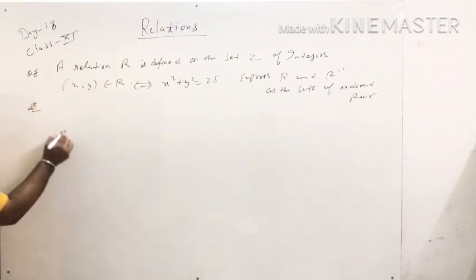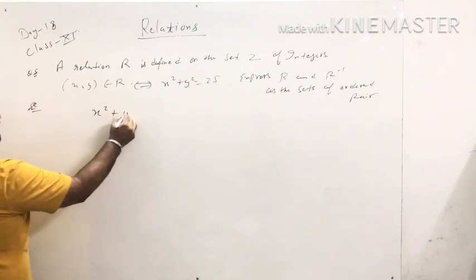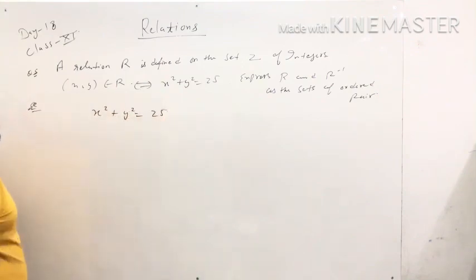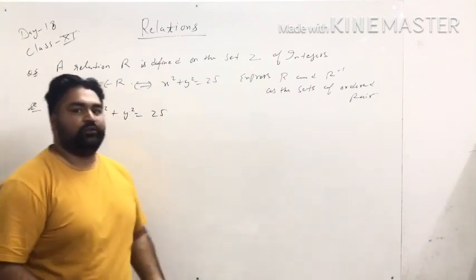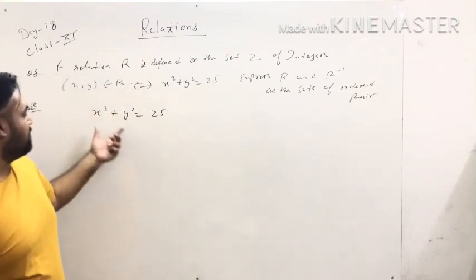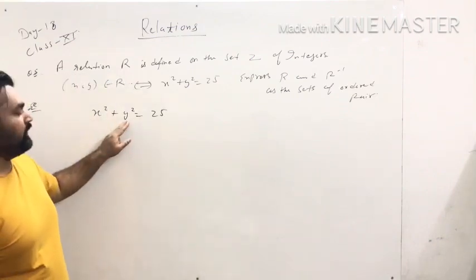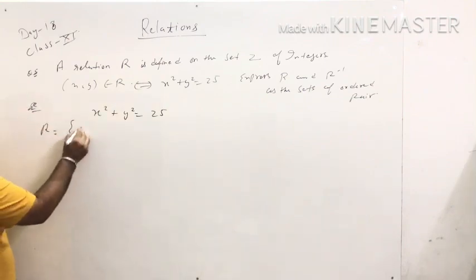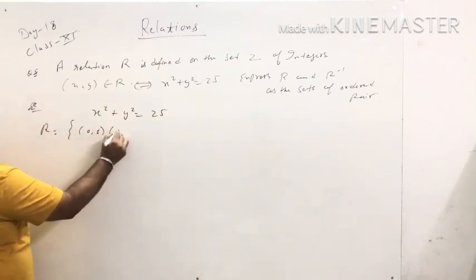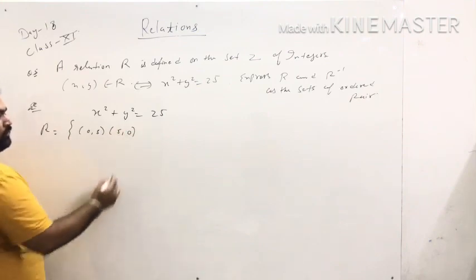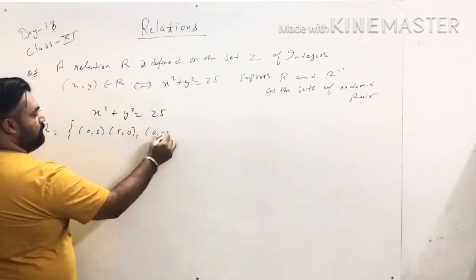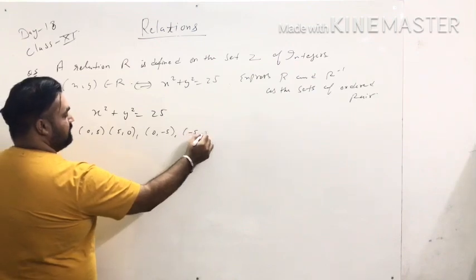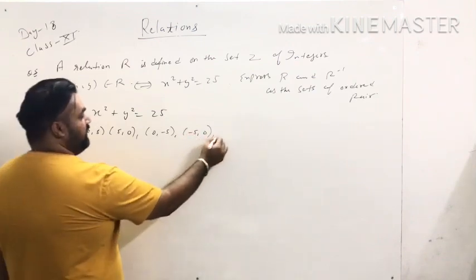Now what are the possible values we can put for x and y so that the answer is 25? So relation R: first of all (0, 5), (5, 0), then (0, -5), (-5, 0), then